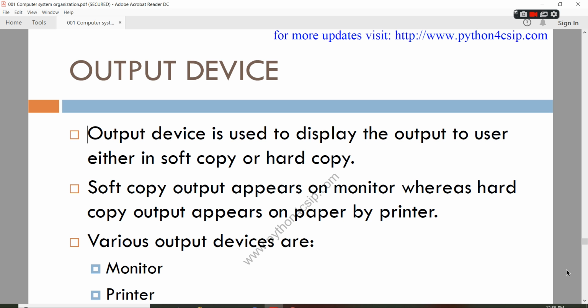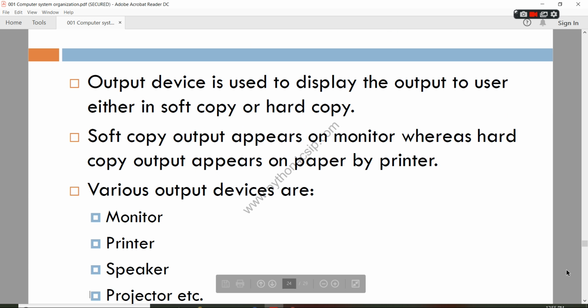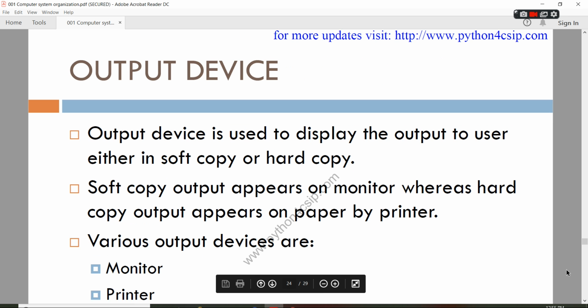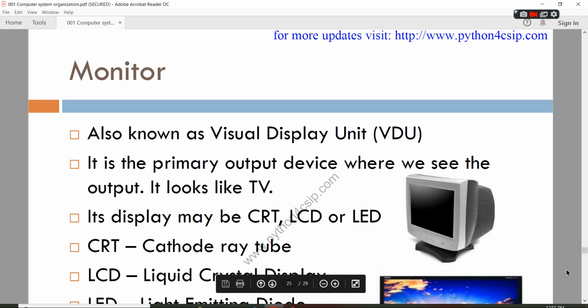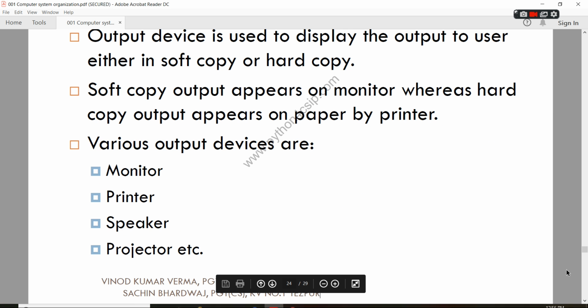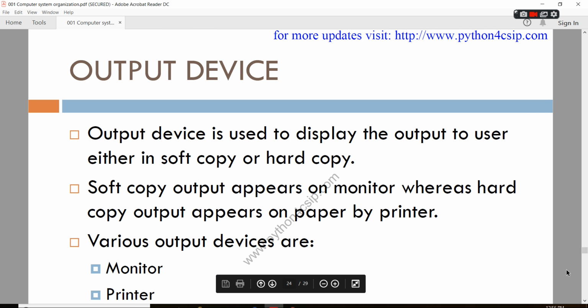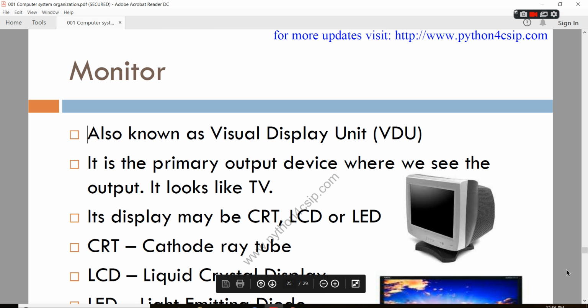Soft copy means output that appears on the monitor. When you take a printout from the printer, it becomes a hard copy. Output devices are the monitor, printer, speaker, and projectors. The monitor is also called the visual display unit, VDU.